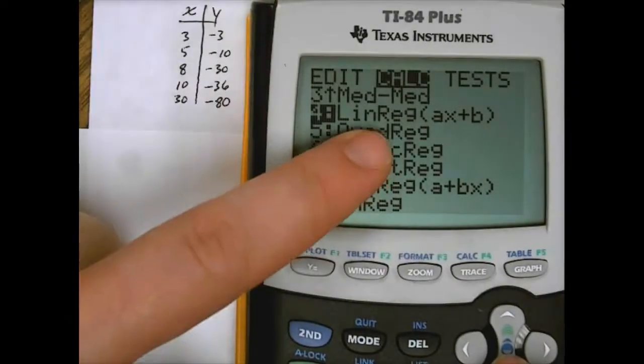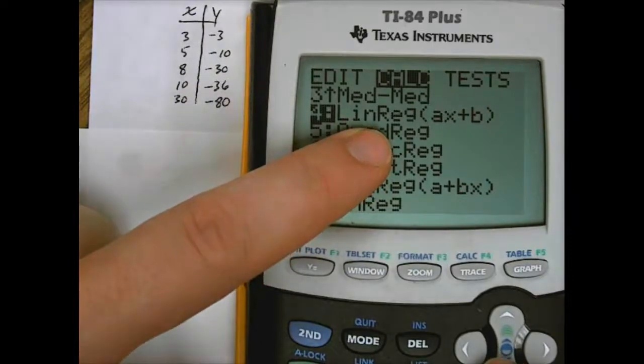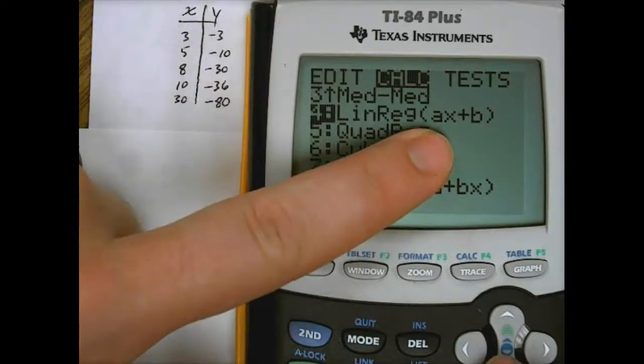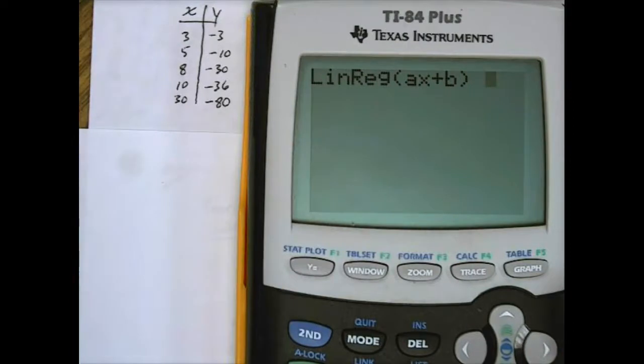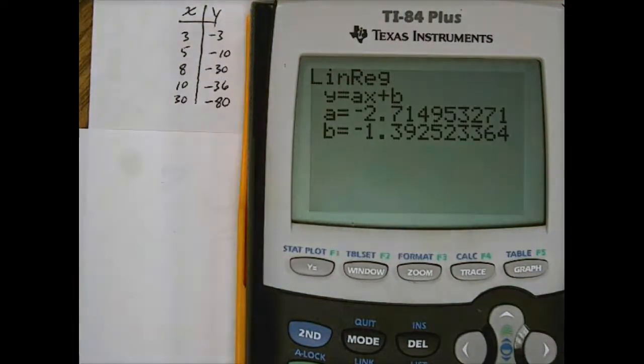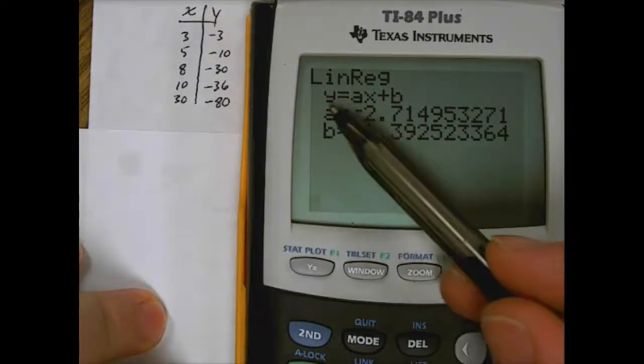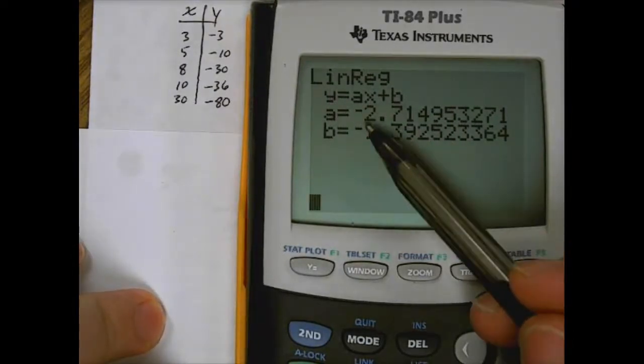But today we're going to be doing linear regression, L-I-N-R-E-G. We can see by the equation that that is a linear equation, so I will choose that. I pressed enter. Takes me back to my main screen. I will press enter again, and it does all the calculations for you. So notice it says your equation is y equals ax plus b, where a is this,